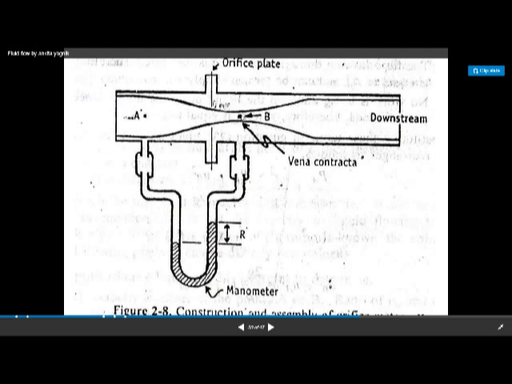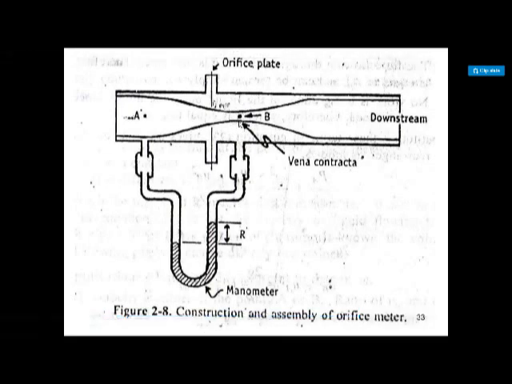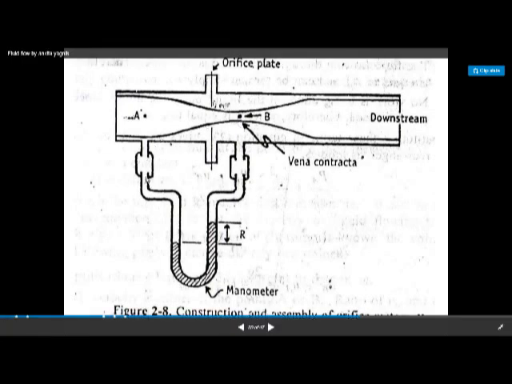So when the fluid passes through this orifice, the kinetic energy increases and the pressure energy decreases, right? और जैसे ही वो डिक्रीज होती है, that energy can be measured by this manometer which is fitted here. A manometer is connected to the pressure taps, one above and below the orifice plate.